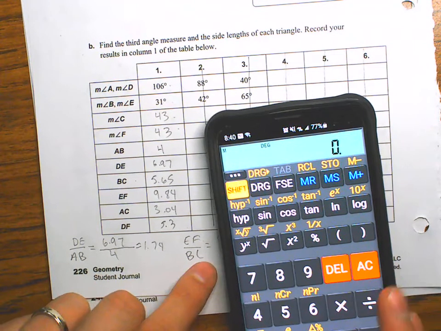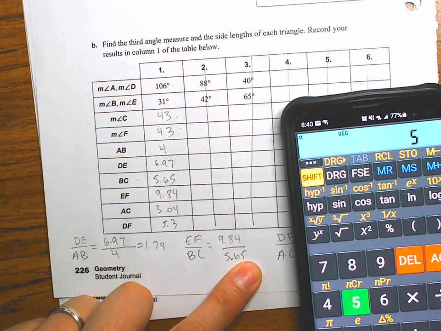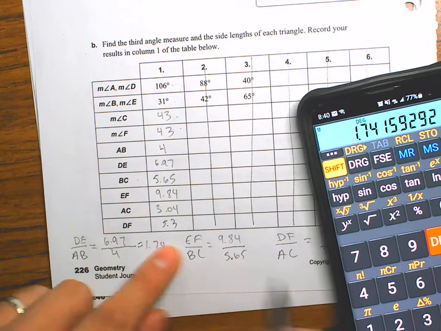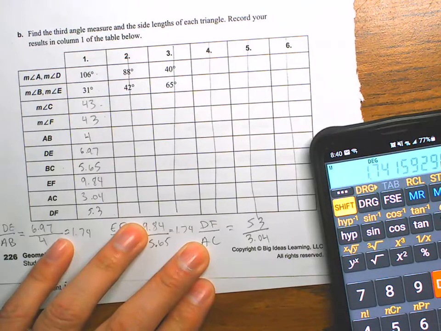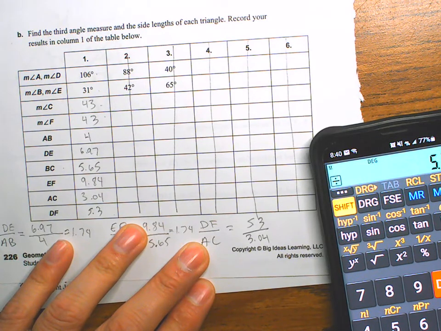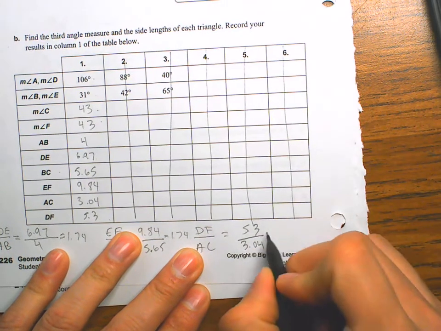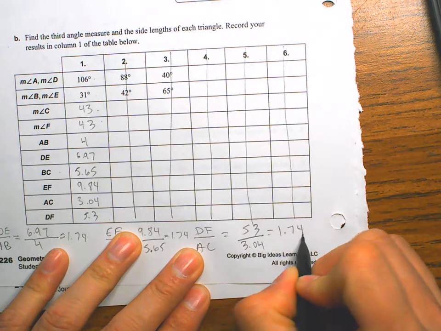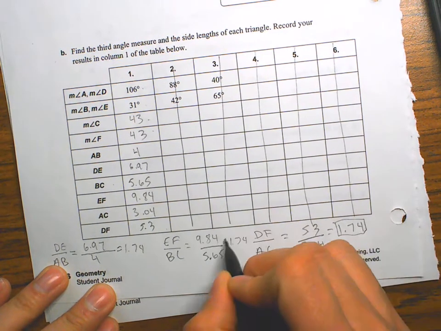Okay, so I'm rounding to the nearest hundredth. 9.84 divided by 5.65 is going to be about 1.74. And then the last one, 5.3, divided by 3.04, gives me about 1.74. So as you can see, our scale factor is the same for all of these, which means that they are